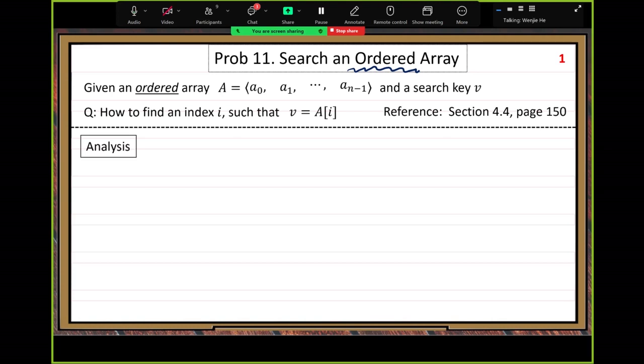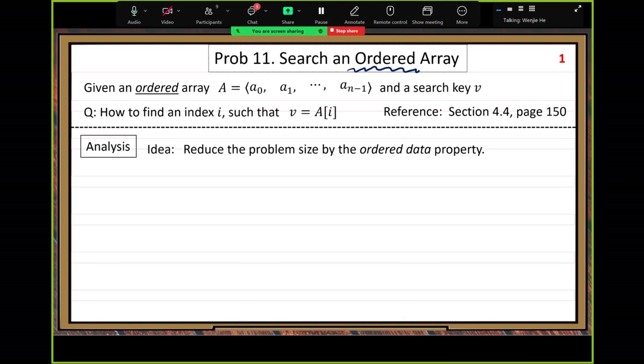All right. Now let's do the analysis. Let us use the divide and conquer approach of thinking to understand this algorithm. Idea: reduce the problem size by the ordered data property. Here you can see